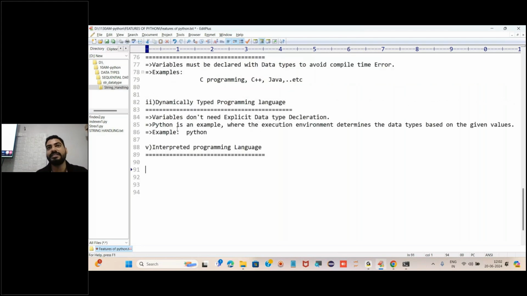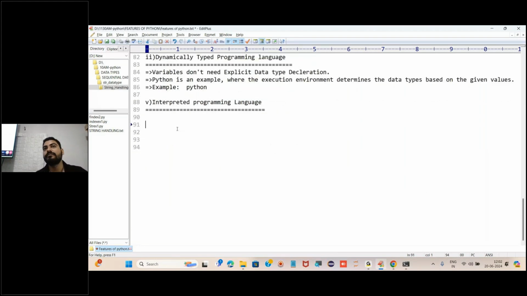Yes. Next feature is what? After simple, freeware and open source. Why it is known as freeware? No need to pay any subscription or no need to give any money. Okay. Open source means you can download it from any other source. You can use the particular source freely. Freely means you also have the access to access it.